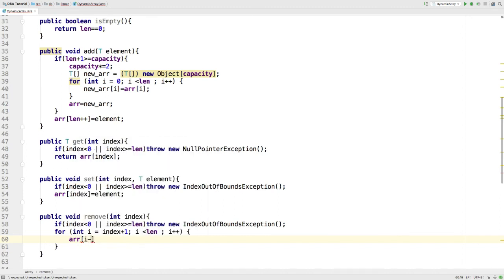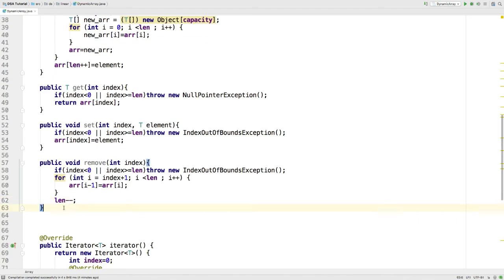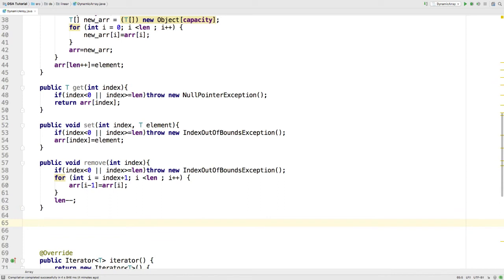So I'll say arr[i - 1] equals arr[i], and since I have removed an element, I obviously have to decrease the length. Now I have removed an element.